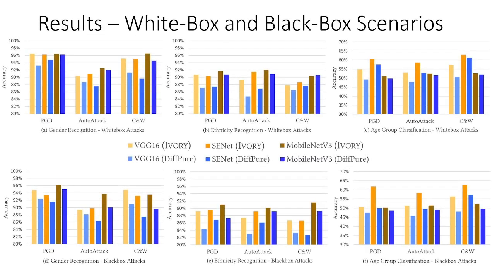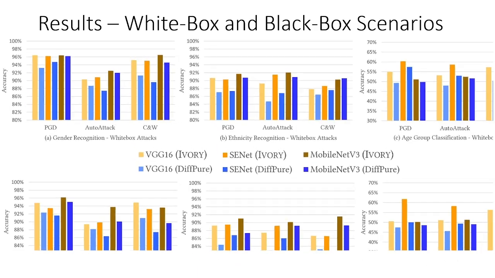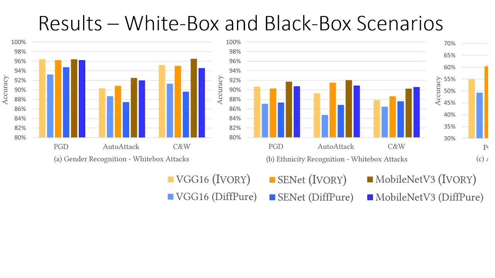purification method. Ivory demonstrated impressive results across both white box and black box adversarial scenarios. To clarify, in a white box setting, the attacker has full knowledge of the model architecture and parameters, making it easier for them to craft highly effective adversarial samples. Despite this challenge, Ivory achieved high recovery rates, especially in gender and ethnicity recognition, bringing model accuracy close to clean levels. For example, under the PGD attack, VGG16's accuracy in gender recognition dropped significantly, but Ivory restored it to over